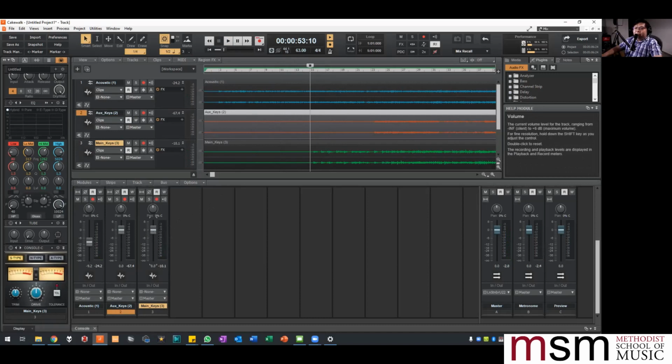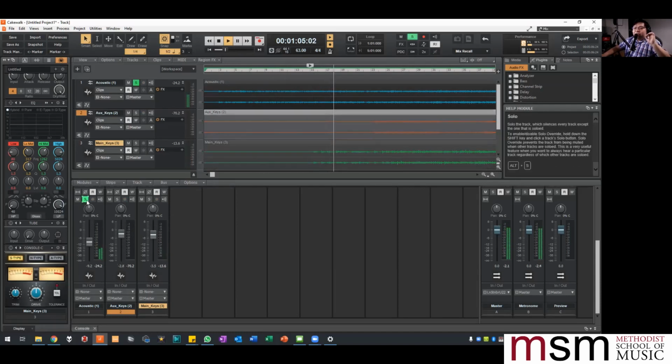Because when it's loaded, these are at unity gain, which is a term that just means that it's at 0 dB. You can bring it down. Okay, what happens to solo a track? Let's say I want to hear what the guitar is doing without the keyboard or the aux keyboard playing. I'll click on the S button to only hear what the guitarist is playing. So you hear it's only just the guitar player, right? If I unpress the solo button,